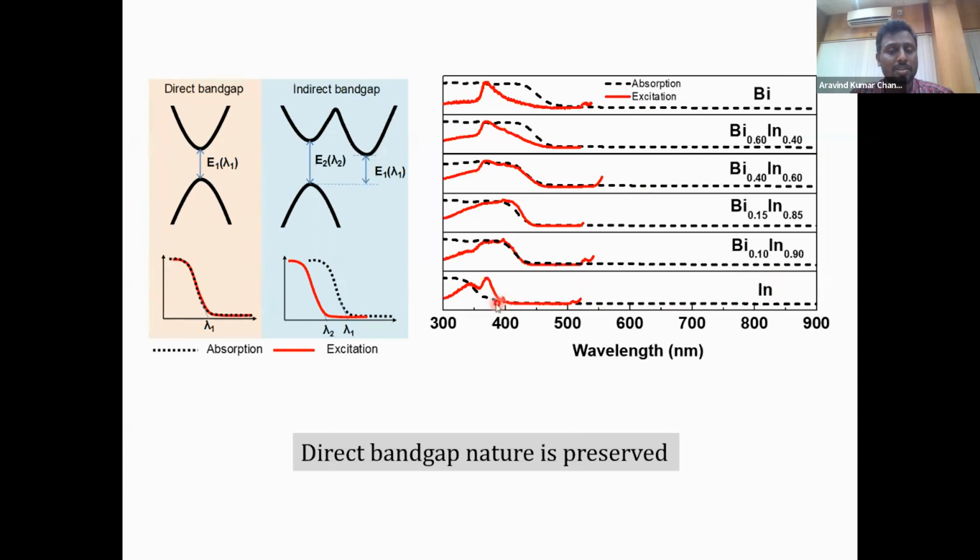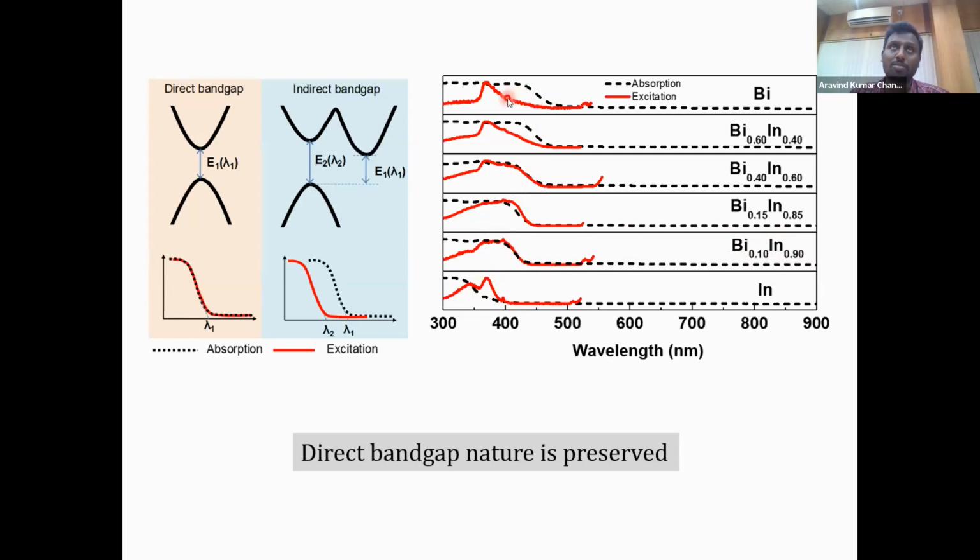In fact, the onset of absorption is given in the dotted line, and the onset of the excitation is given in the red solid line here. So both are close by. Now, when I have a mix of bismuth and indium, where indium is still prominent, you see that both of them are overlapping perfectly. As I keep increasing the concentration of bismuth, the separation becomes prominent,